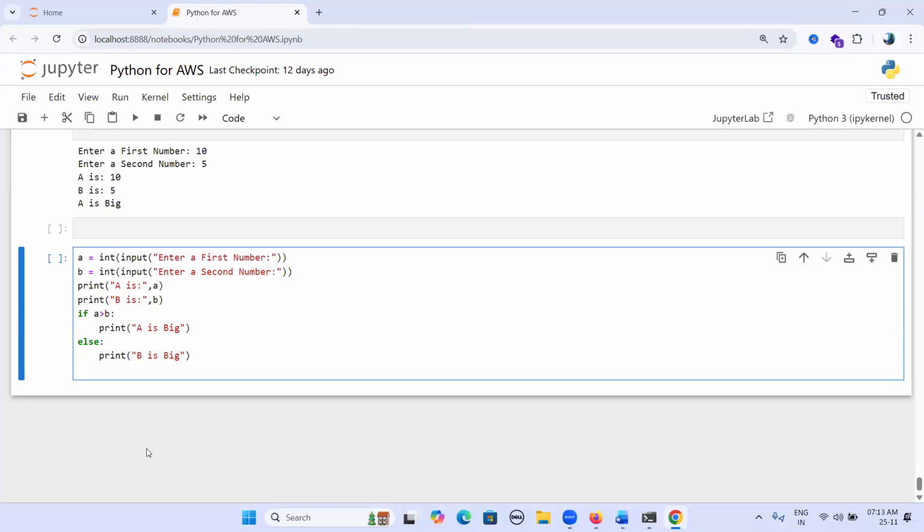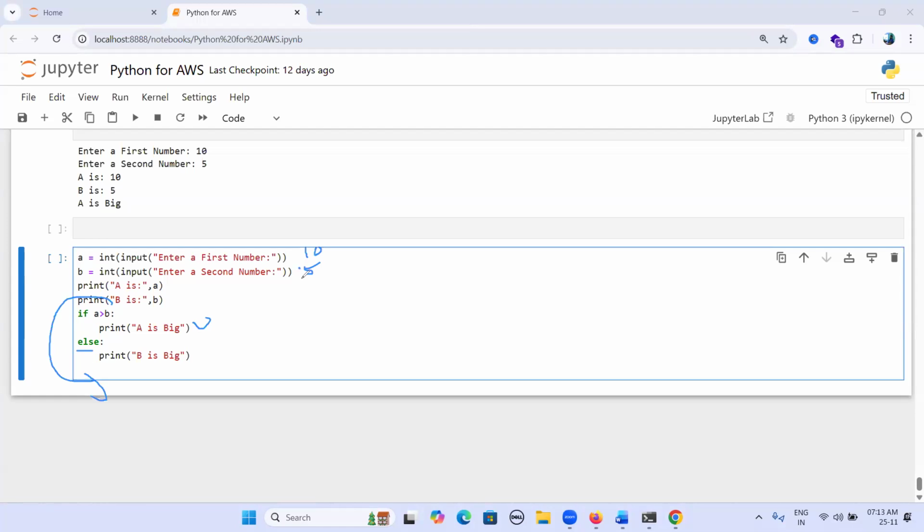If the condition is false, execute another statement. Let's say here the user is entering 10, the user is entering 5. Then here I'm checking 10 greater than 5. Yes, the condition is true. Directly it comes out of this block. It will not check this one.